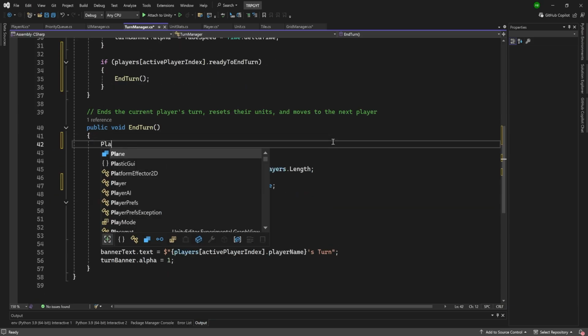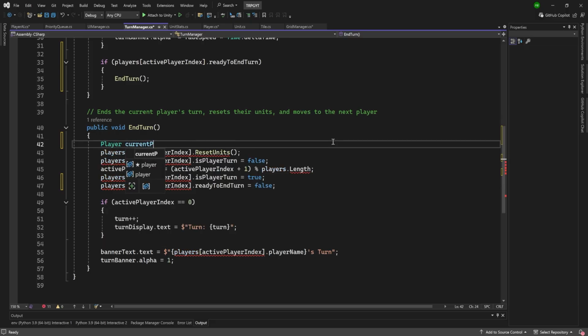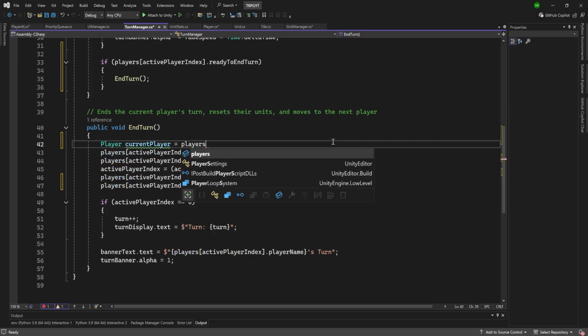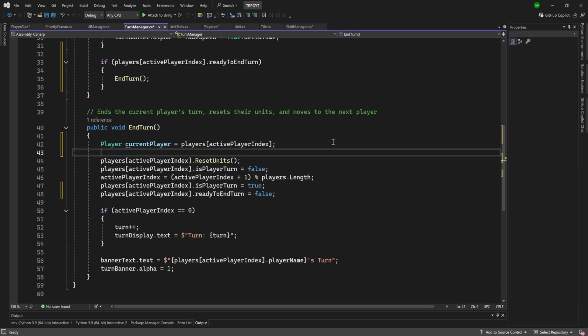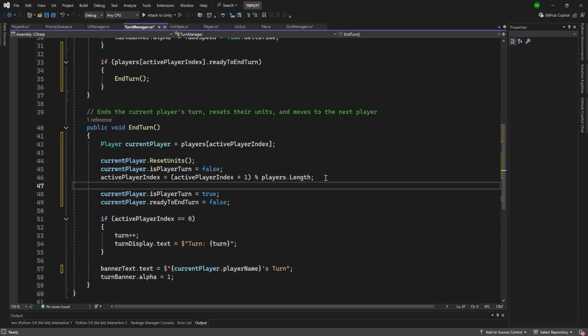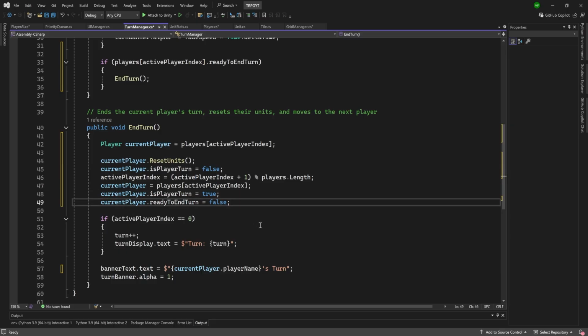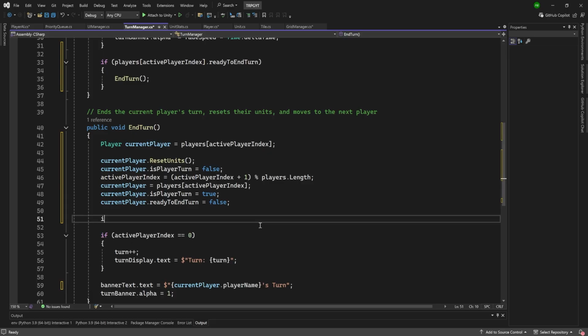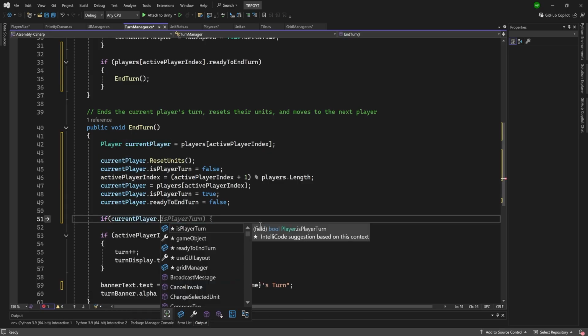We're going to grab a player reference called current player, set this to be equal to players, active player index. And then we can replace players active player index with current player. But because we're doing that, we need to make sure that we are setting current player again. So after we change our active player index, we're going to set current player is equal to players active player index. And then after we mark ready to end turn as false, we're going to do if current player dot